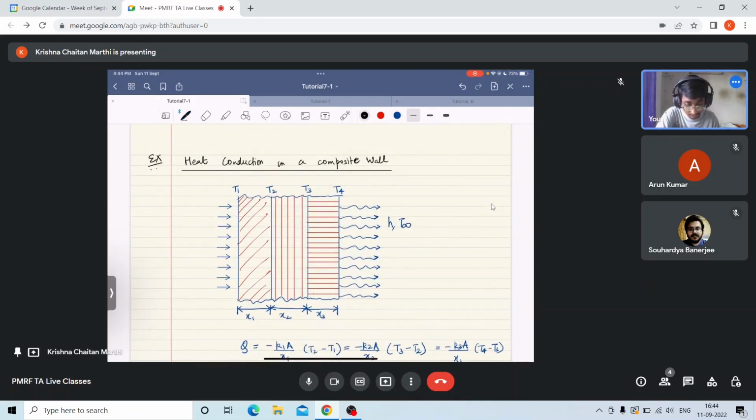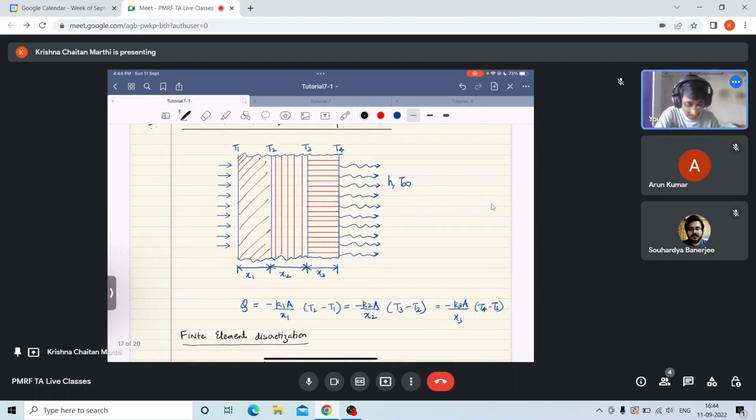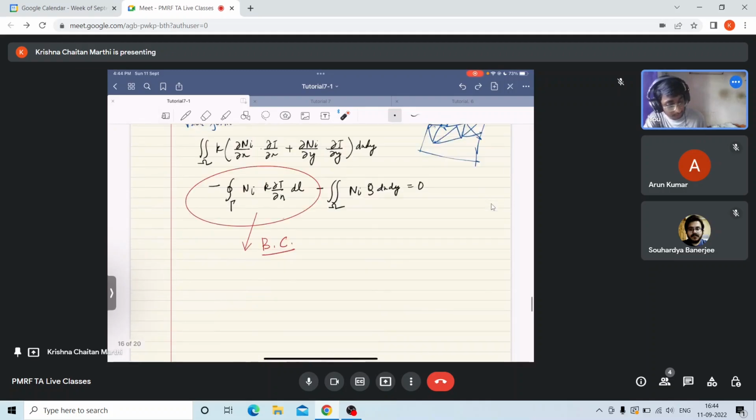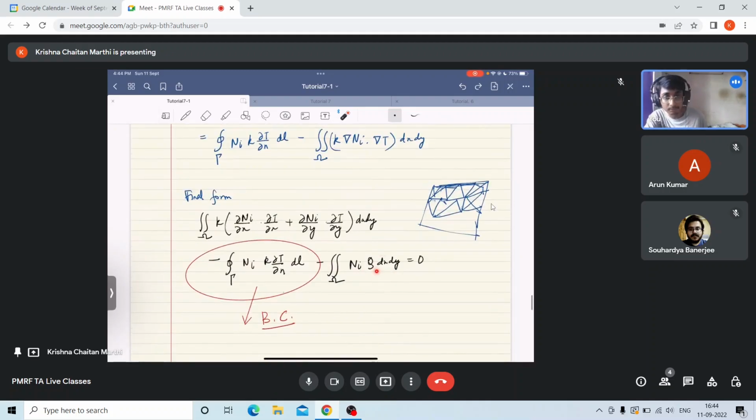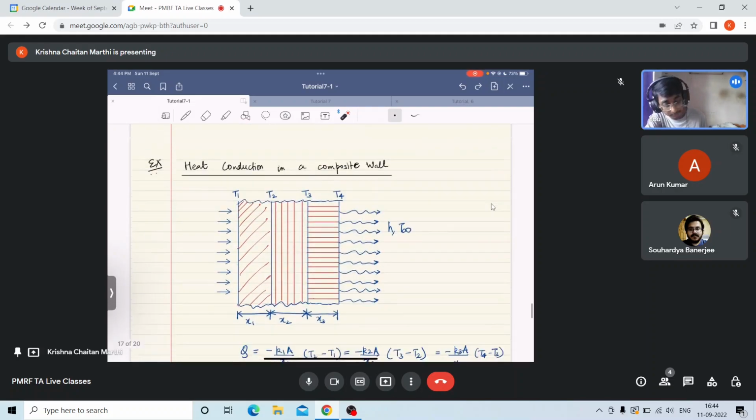And so this is my problem. Okay, so I have a slab. So I have a total slab, and here this capital Q is basically the source term. Okay, now this heat conduction in a composite wall, I have